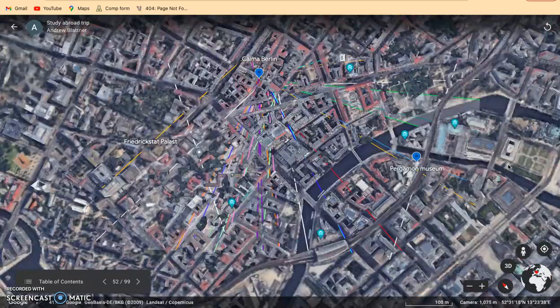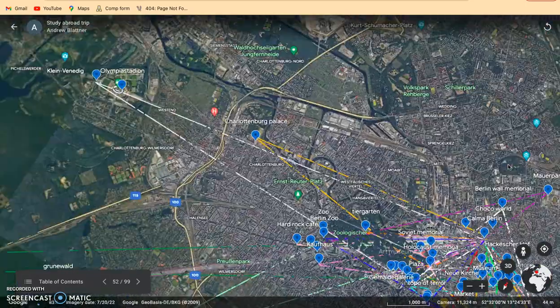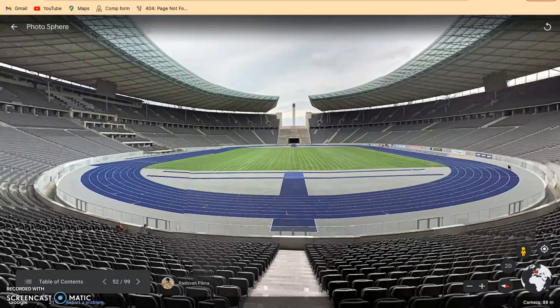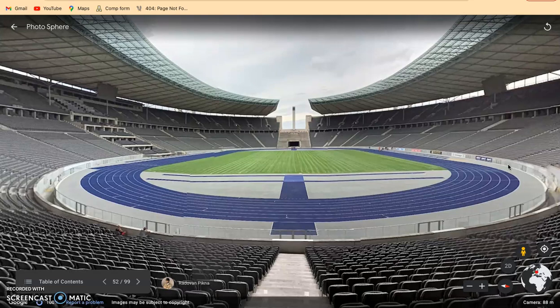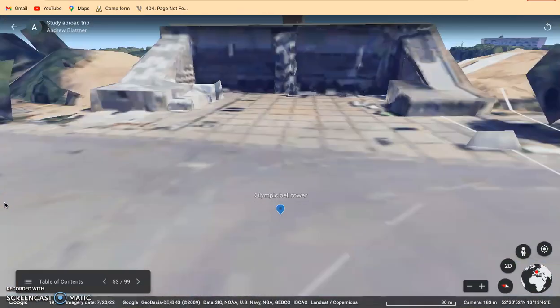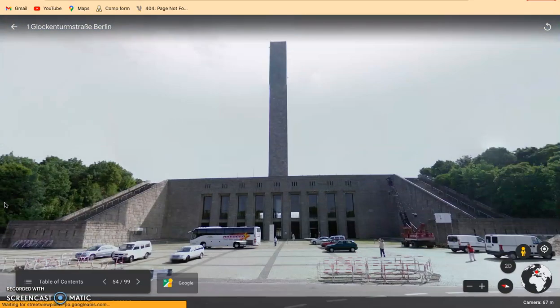We start this day at the Olympiastadion, which is the home of Hertha Berlin and also was the Olympic Stadium when Berlin hosted the Olympics. Then we go see the Bell Tower and Torch,